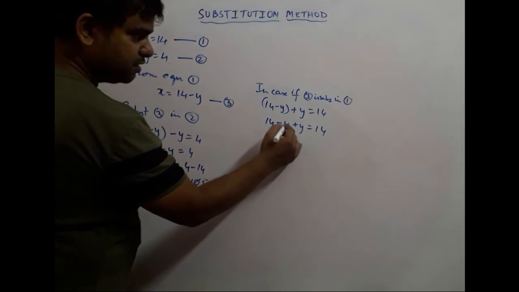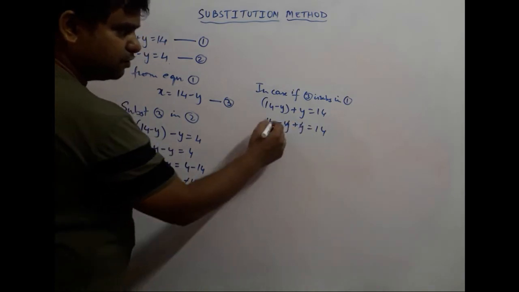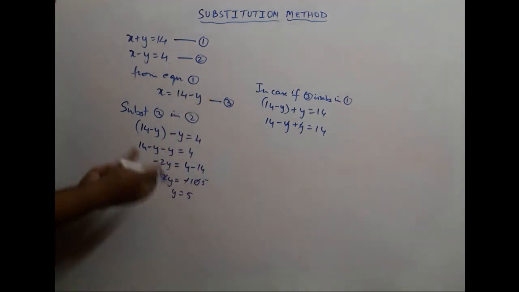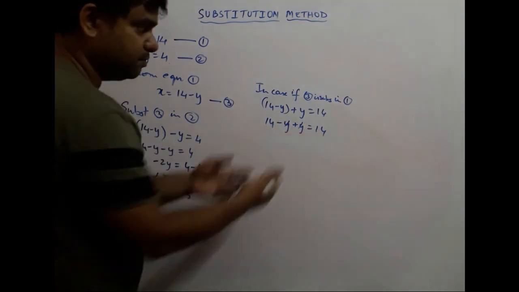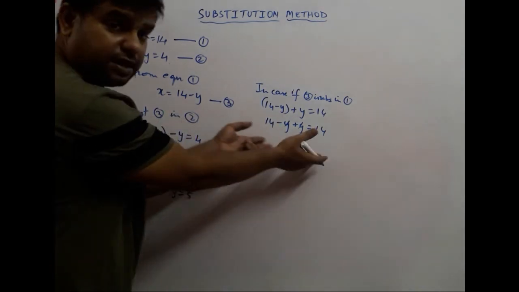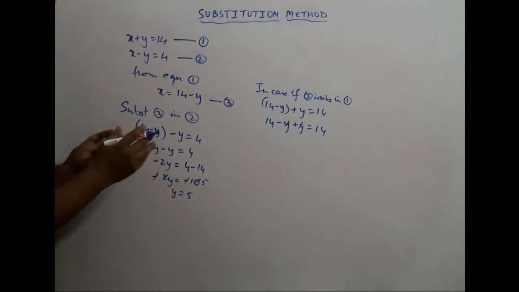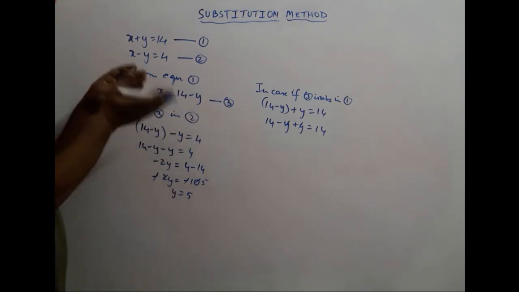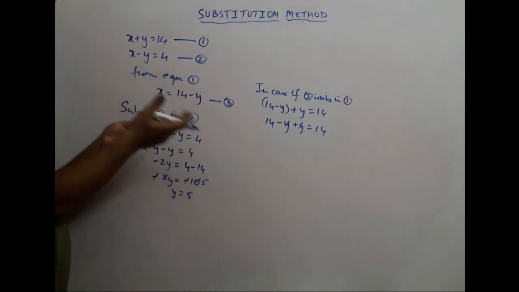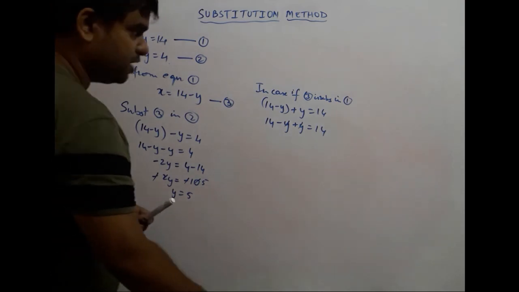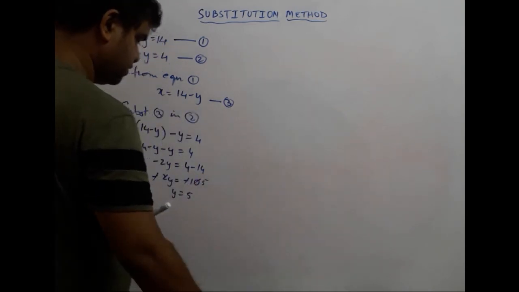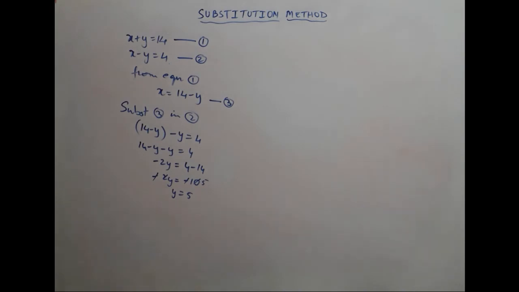Can you see what is coming? Minus y plus y cancels off, and 14 and 14 on the other side also cancel. We are doing this to get a variable. Where are we getting a variable? There is no variable left at all. Neither x is there nor y is there. Did you see what is happening over here? That is why we need to substitute it in another equation, not the equation from which this particular new equation was derived. I hope you have understood why. So please don't make the mistake of substituting back into the same equation. We have to put it in another one.